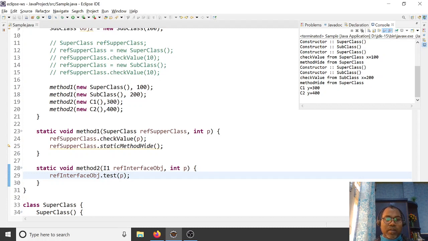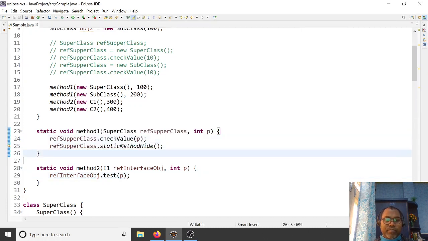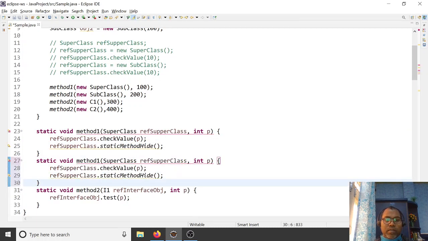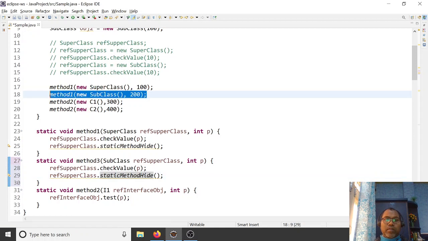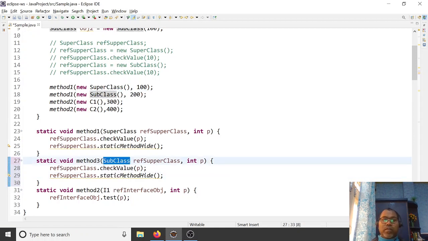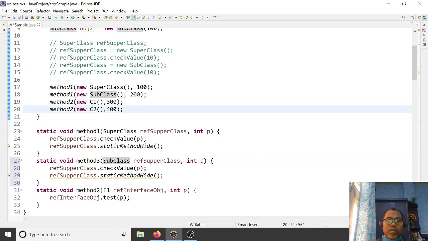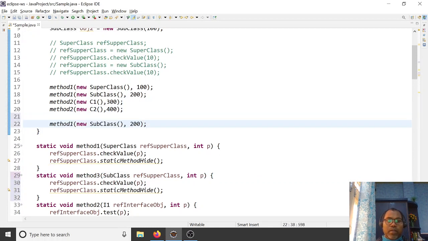Let's say I write another method like your subclass here. Method 2, 3, and here I am writing a subclass. In the case of subclass, you can pass only a subclass object. Method 3, and here you can pass a subclass 500 value.